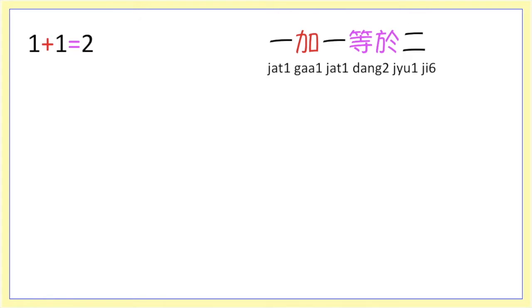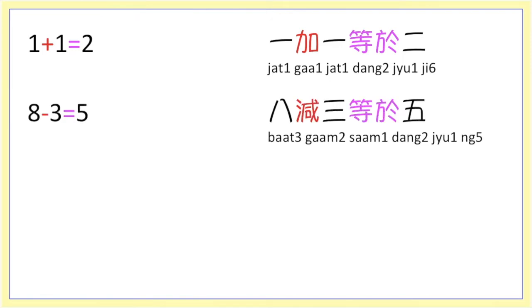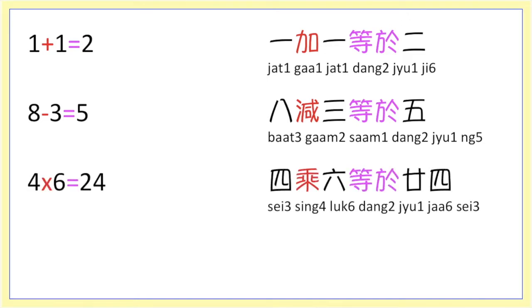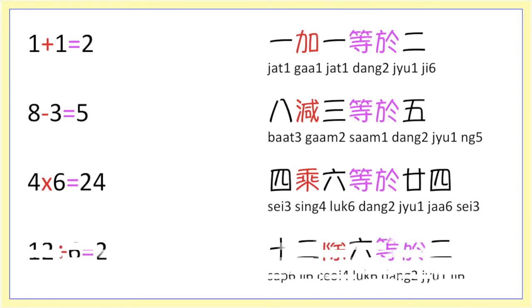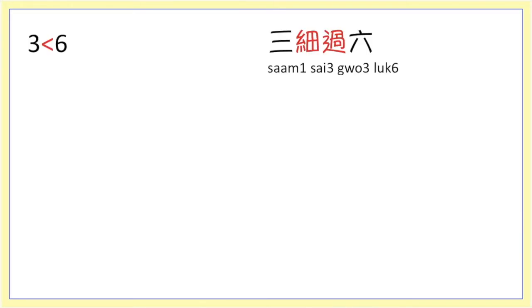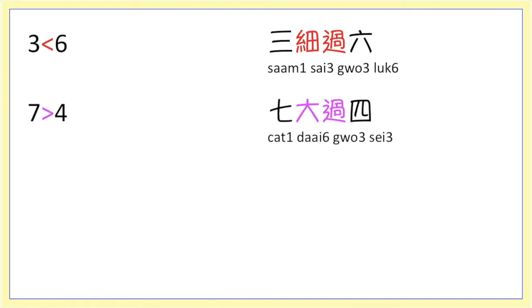See the examples below. 1加1等於2。8減3等於5。4乘6等於24。12除6等於2。3細過6。7大過4。